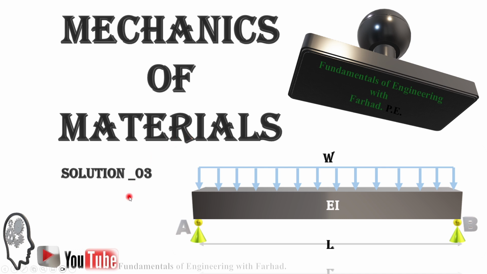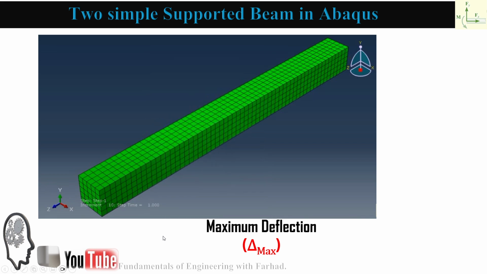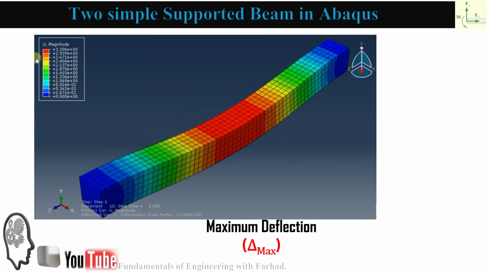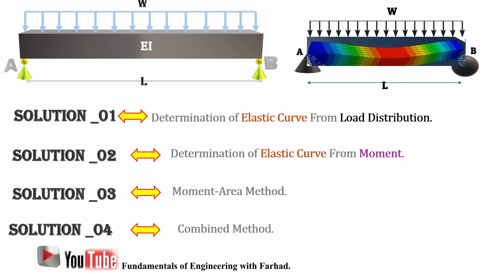Mechanics of Materials, Solution 3 of a simply supported beam handling a distributed load for maximum deflection calculation. We have solved this example so far with the two integration methods: integration from the load function to get the deflection, maximum deflection at its center, and also the determination of the elastic curve based off the moment equation. So far we solved solution one, the elastic curve from the distributed load function, and also the elastic curve